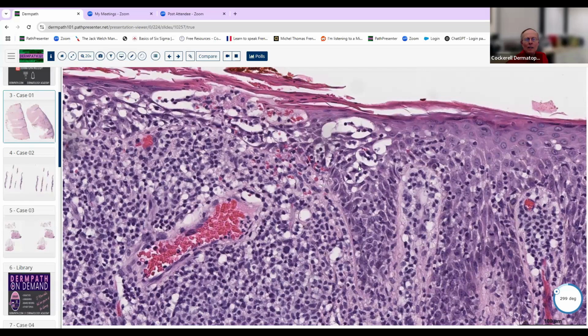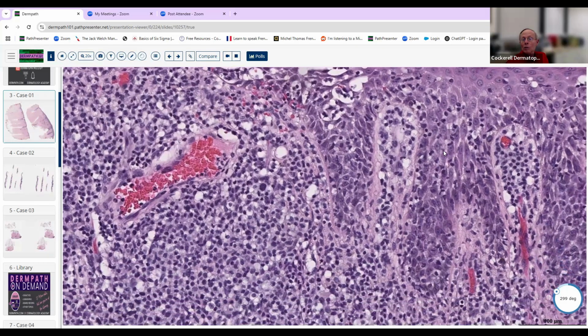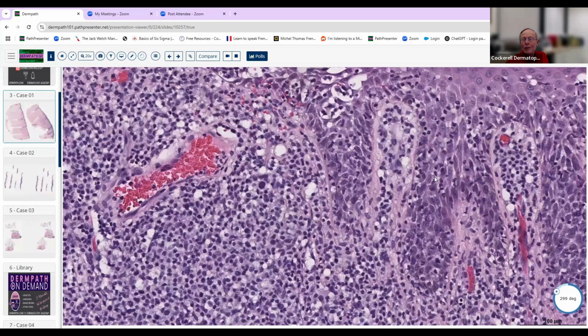We just don't see that. So when you get a spongiotic dermatitis due to an inflammatory process, you may get a few lymphocytes in there, but you may also get some eosinophils and some other cells. You don't get this many cells in there. And then you look to the side, you also see a lot of individual single lymphocytes within the epithelium here,